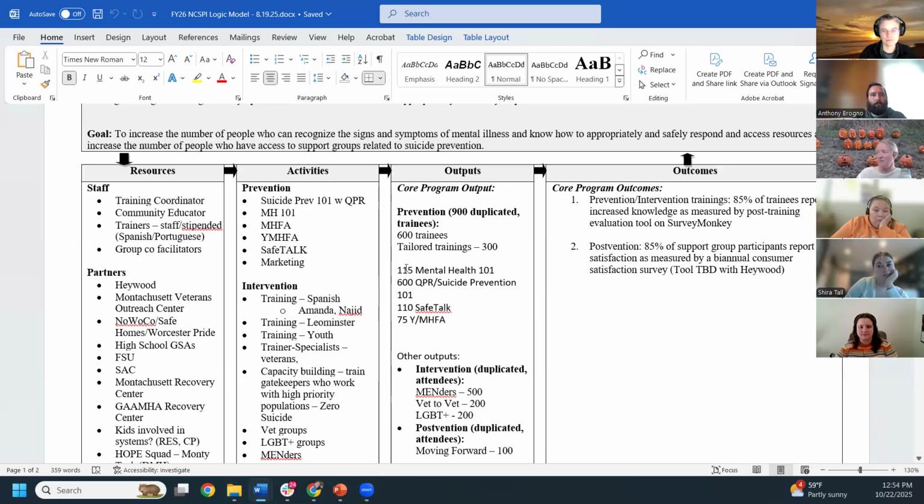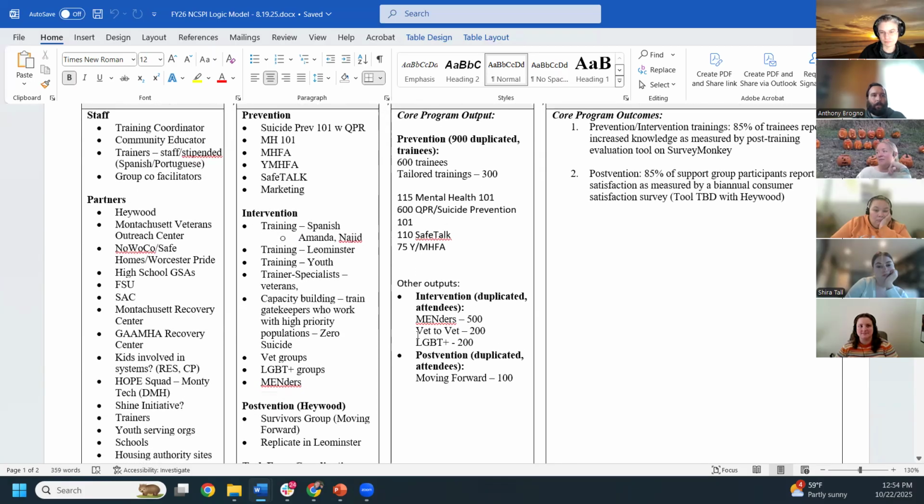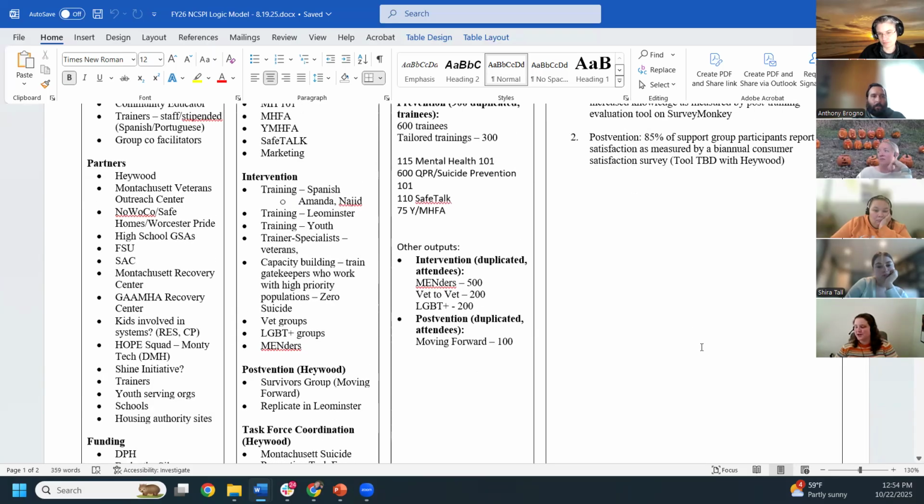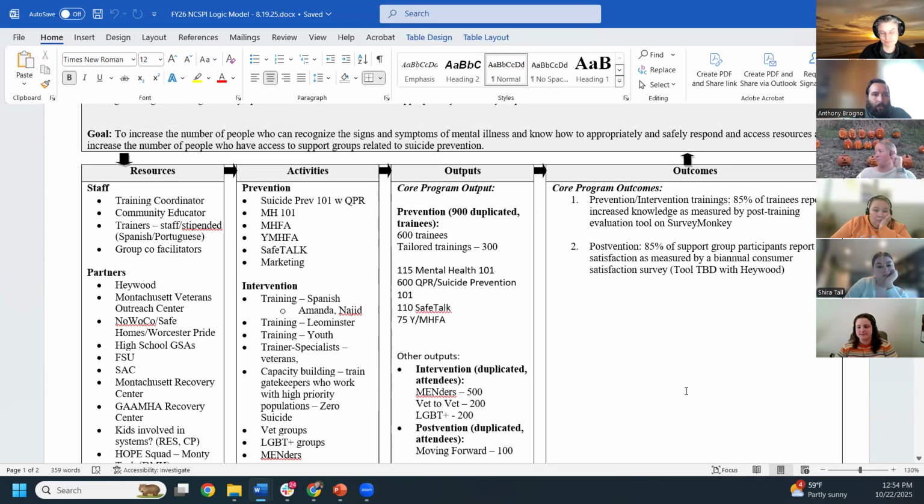And then it's broken down even to the number of trainings we have to do for each curriculum. And then for intervention, we have even more that are specific to different populations. And then our postvention. So it's a lot being measured within this, a lot of activity sheets being completed.